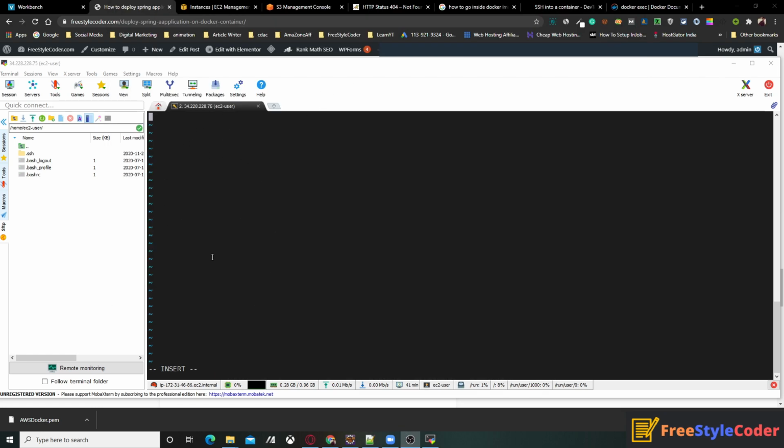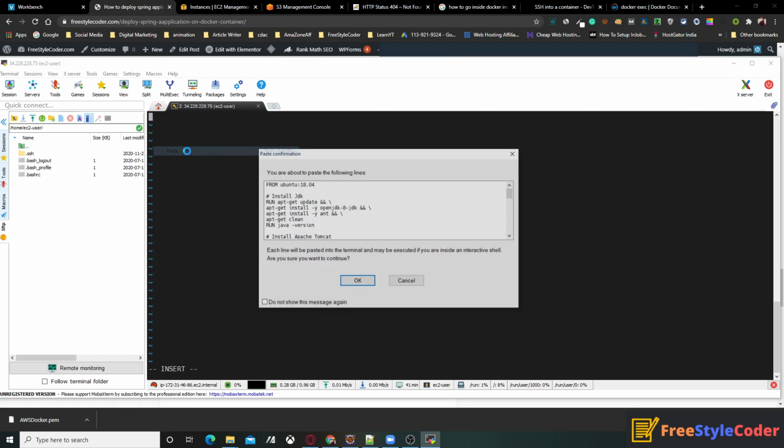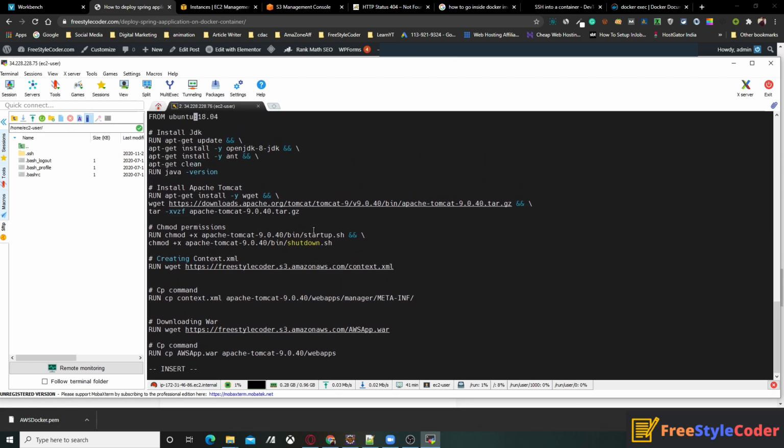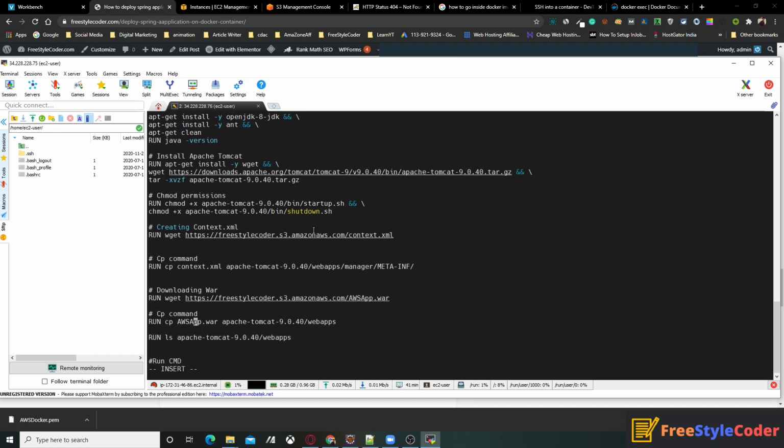Then I clear this older file, paste your file over here, click OK, check whether the complete file is here or not. Yes, the complete file is here.